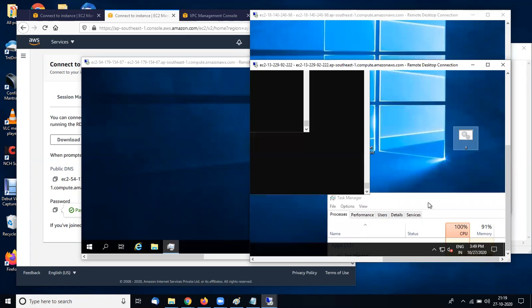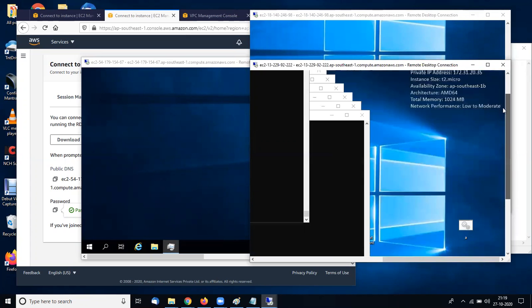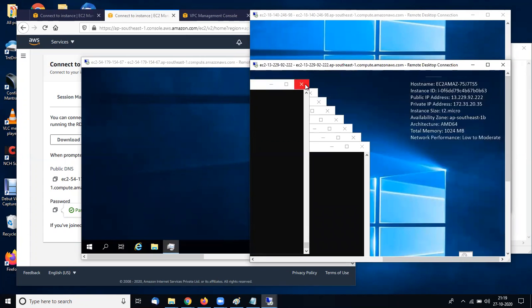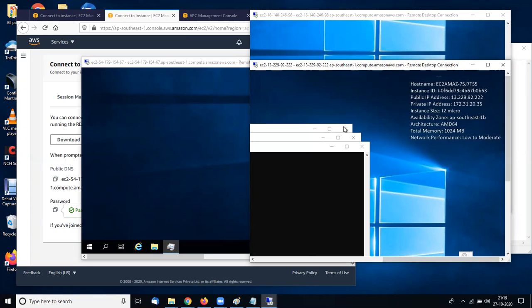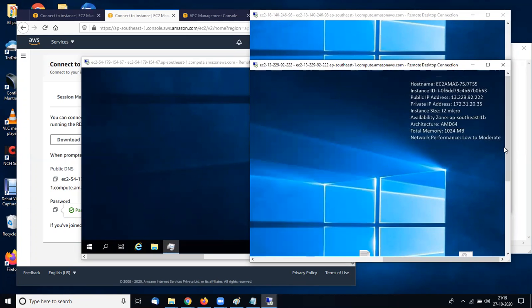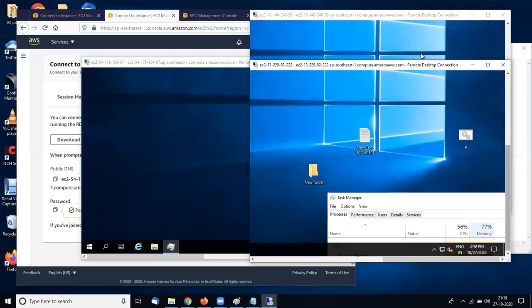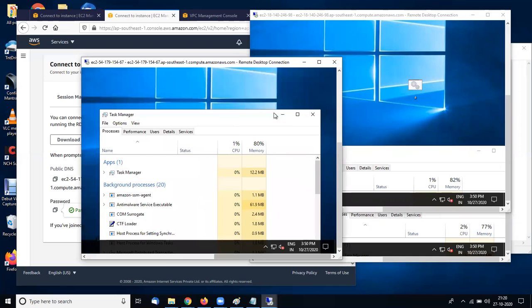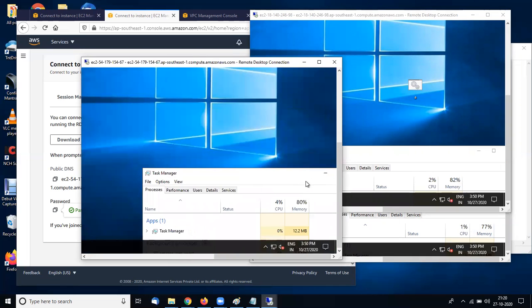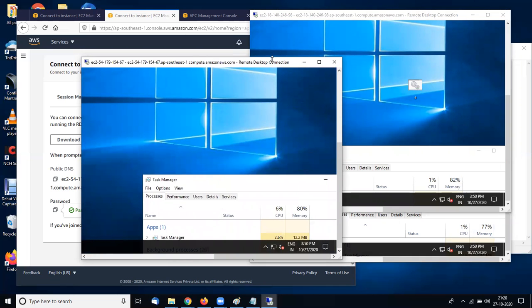And from this machine, I also deleted some processes. So it is in normal condition right now. Both machines, all machines, are right now in normal condition.